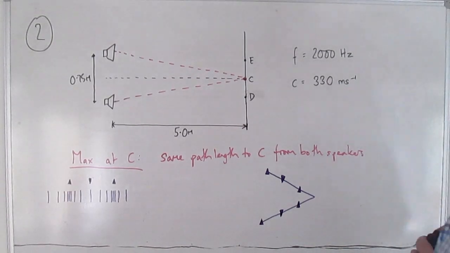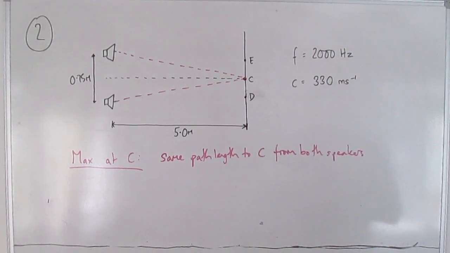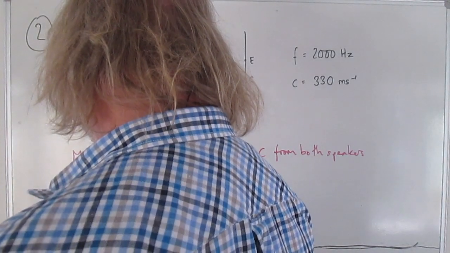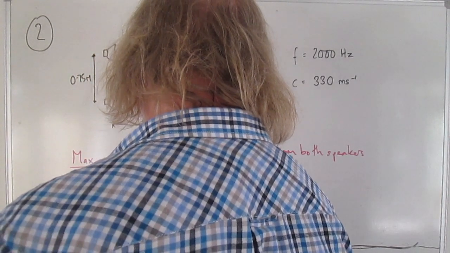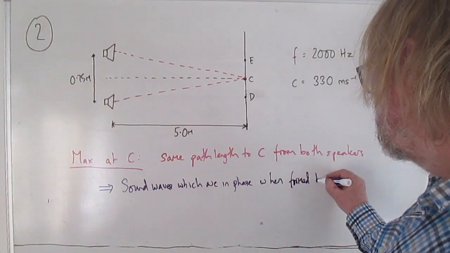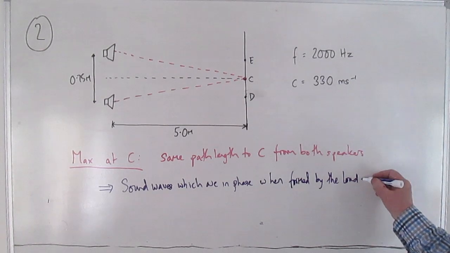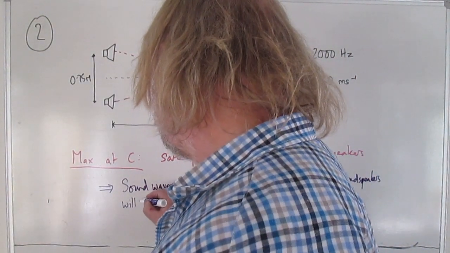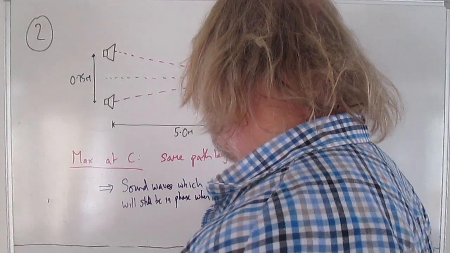So let's get that written down then. Maximum at C means the same path length to both speakers, and that means that sound waves which are in phase when formed at the loudspeakers, and they would be in phase if they're broadcasting the same sound, from the same amplifier, will still be in phase when they meet,